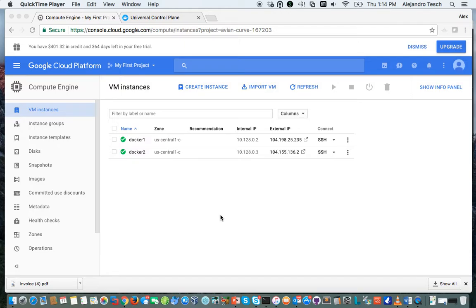Everyone, today we're going to see how to onboard MapR into Docker DC, and I am running Docker DC out of Google Public Cloud, as we can see at the moment. I have two nodes running in the cloud. One is called Docker 1, which is going to be our master, and Docker 2 is going to be our